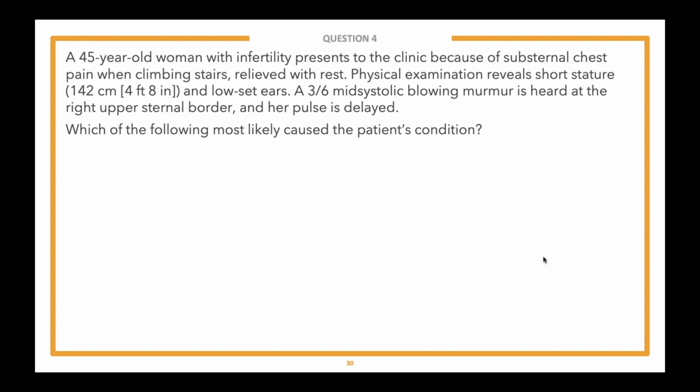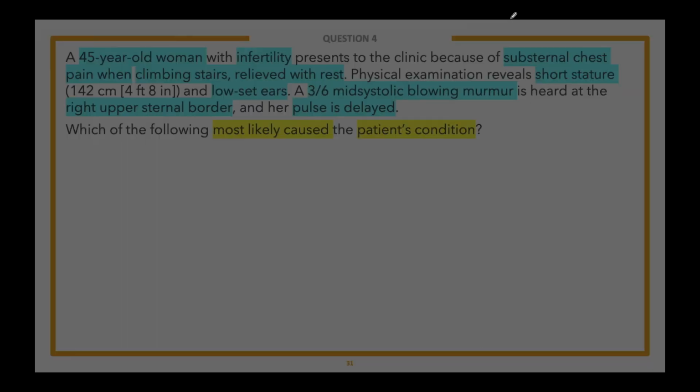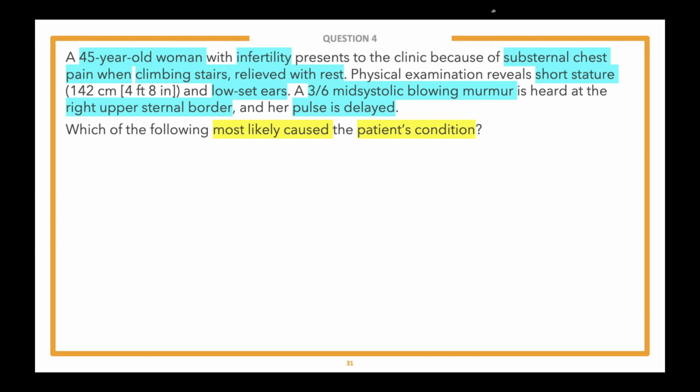Thank you, Sean. So once again, we're going to show you what we think are the important clues in the vignette and the lead-in. This is our fourth time doing this, so hopefully you're starting to pick up what we think are relevant clues and what doesn't need to be highlighted, so that when you go back and look at this question, the important stuff that you highlighted is really all you need to know, like that question with the smoking history and pulsatile abdominal midline mass. That's really all you needed in that question. So hopefully this is good practice for you as well. We'll go ahead and do it with this question too.